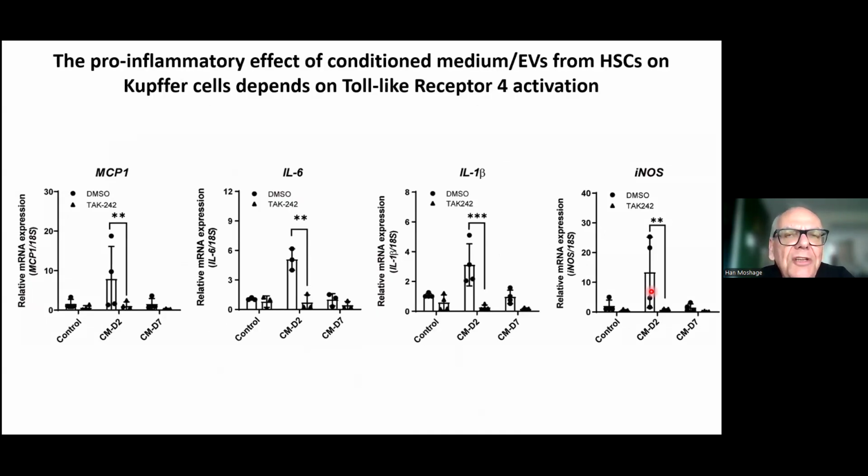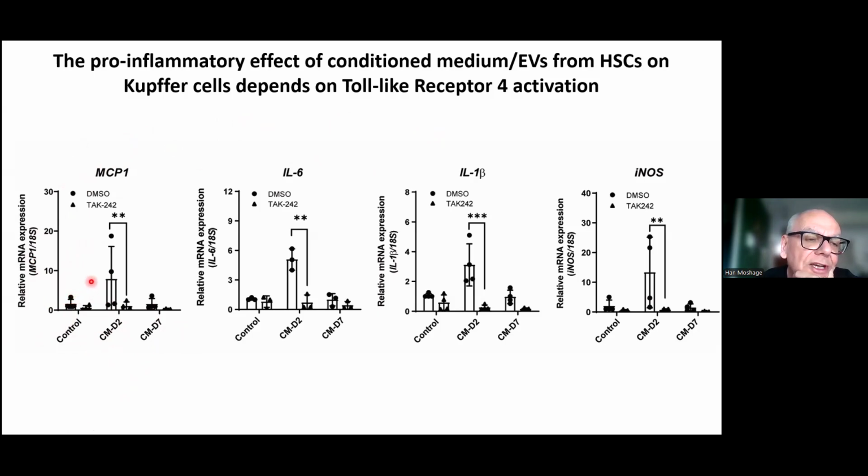Kupffer cells contain receptors on the cell membranes that transmit inflammatory signals into the Kupffer cells to become activated. And the most important receptor that transmits inflammatory signals from the outside to the inside in Kupffer cells is the toll-like receptor 4. There are also blockers available to block this receptor. And what you see in this graph is that if the Kupffer cells are exposed to conditioned medium from the stellate cells, so the soluble factors and the extracellular vesicles,